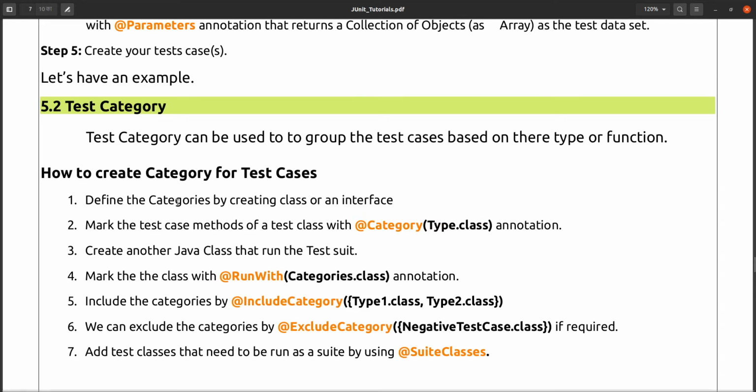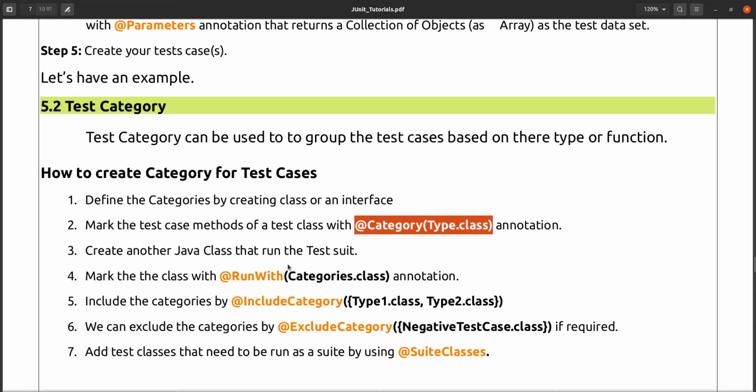It will be considered a category, and when you are declaring the test case, on top of it you mark this annotation, and the test case will be considered of that type only.